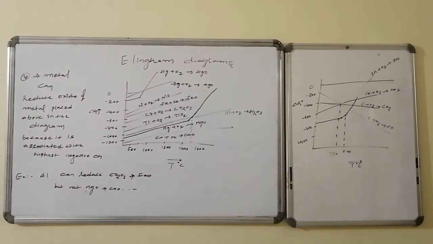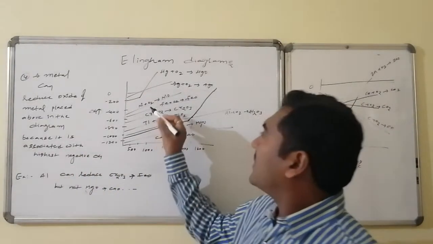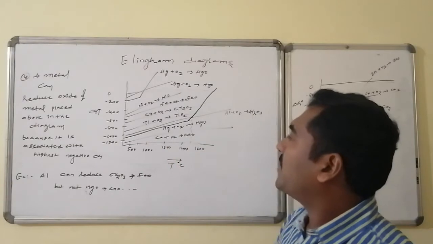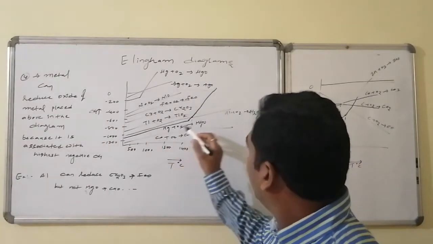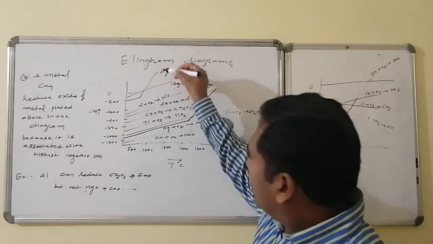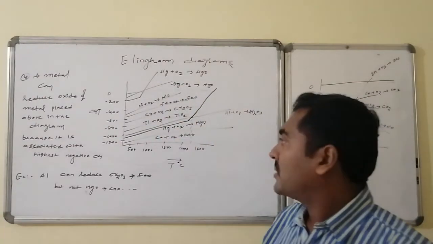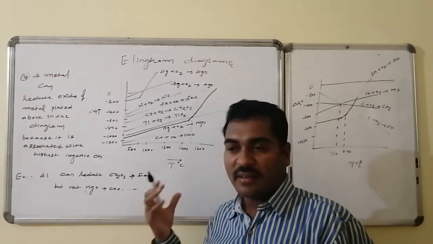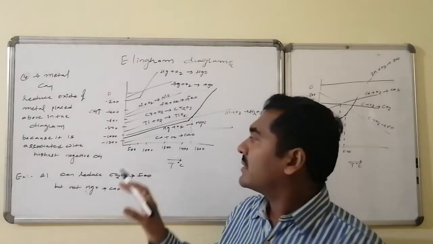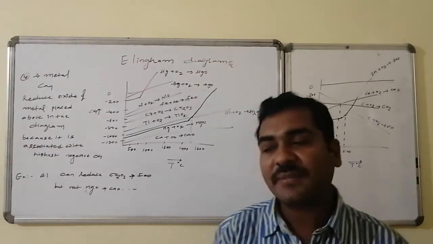If we look at the straight lines, all generally maintain straight lines. Here nickel oxide is there, below it the ferrous oxide, titanium oxide, in the middle chromium oxide, and here aluminium oxide, and below that aluminium, magnesium as well as calcium oxides. If I take a vertical line at a particular temperature, say 1000 degrees, all are present in the same order. The metal oxide formation line which is present in the Ellingham diagram acts as the best reducing agent for all the lines which are present above it.